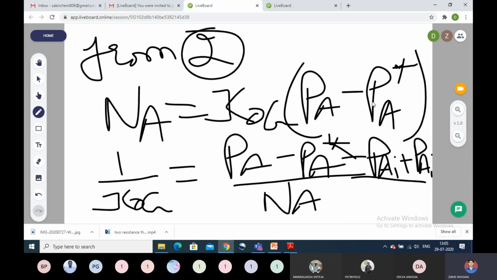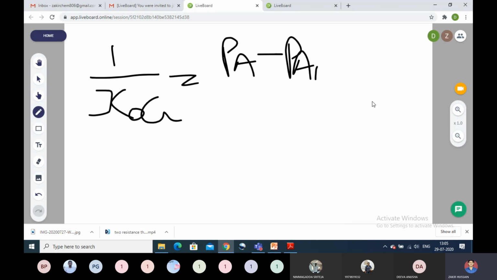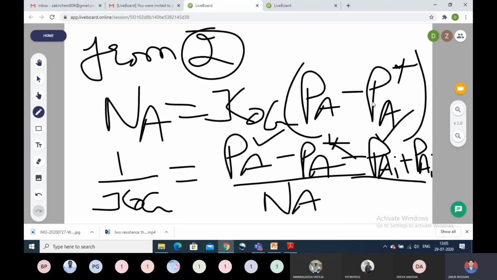Now from PA minus PAI, we have to take it out. Then the left out equation is 1 by KOG is equal to PA minus PAI divided by Na. One term, that term we have to take it out. Left out term is PAI and PA star. PAI minus